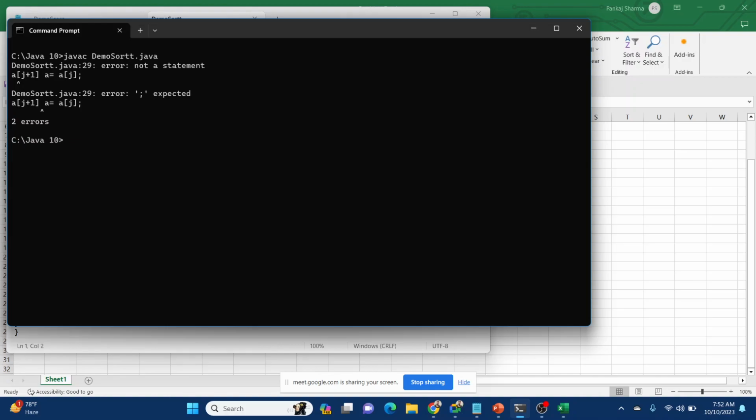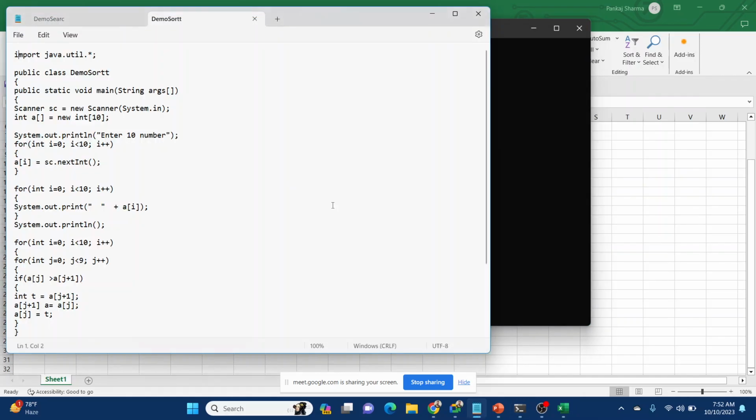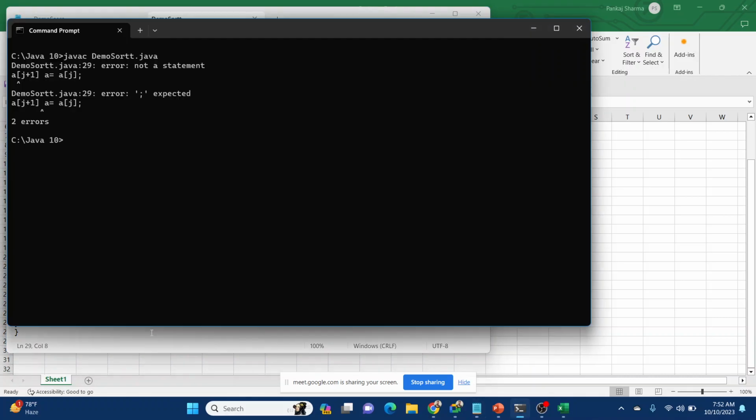So there are a few errors now. a[j+1] is not a statement. There is a semicolon missing somewhere. Okay, so it compiled without error.